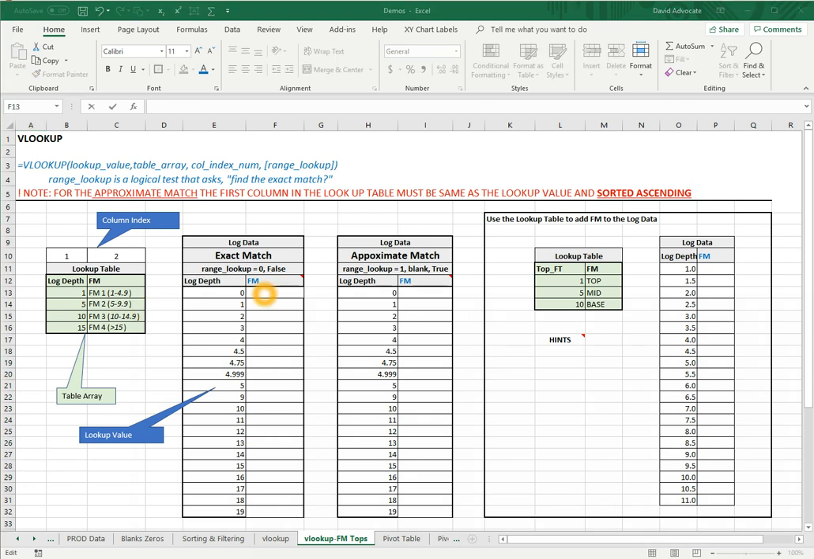Let's work the first example here. We'll go to the first blank row and type in equal VLOOKUP, open parenthesis, and you'll notice that it gives us the parameters that we'll need to fill in. So there are 4 parameters. We'll go through these. The first one is the lookup value, and this is basically the log depth, comma. Then it wants the table array. So here we're going to go from B12 to C16,